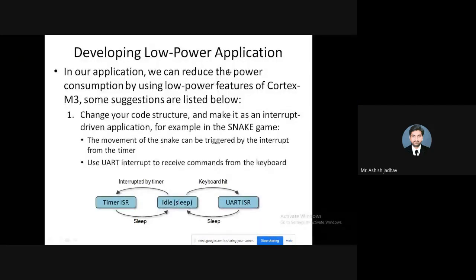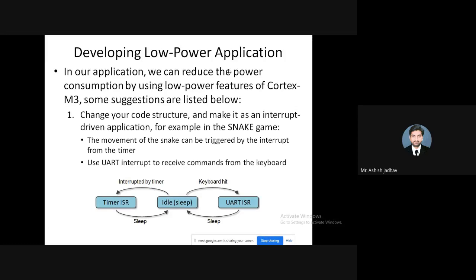Before I move on, I would like to know what you mean by development of low power application. When we say an application, it could be anything that is being utilized by ordinary people. The application here is intended to be an electronic device or gadget, which has to be small.